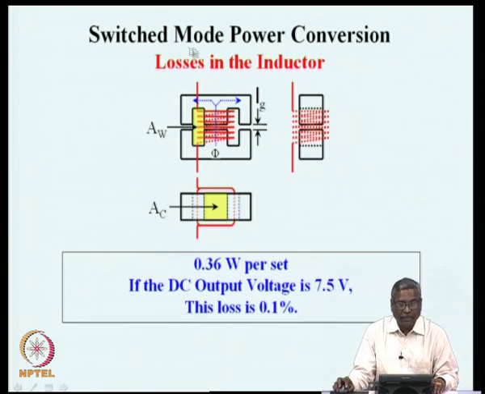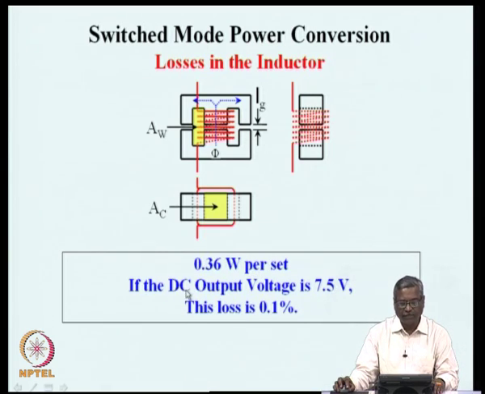The next thing one has to look at is how much power is lost in the inductor. This is given from the data sheet. The data sheet also will give you, for the core that we have selected, what will be the losses at the given operating frequency for each of the core set. In this case, 0.36 watt is the loss in that, and if we have used this in a power supply,